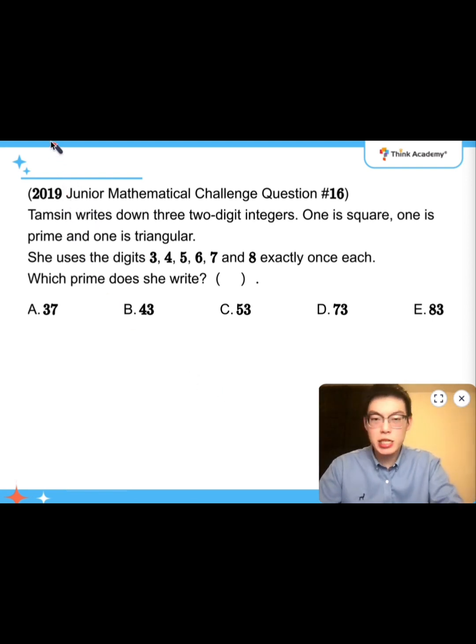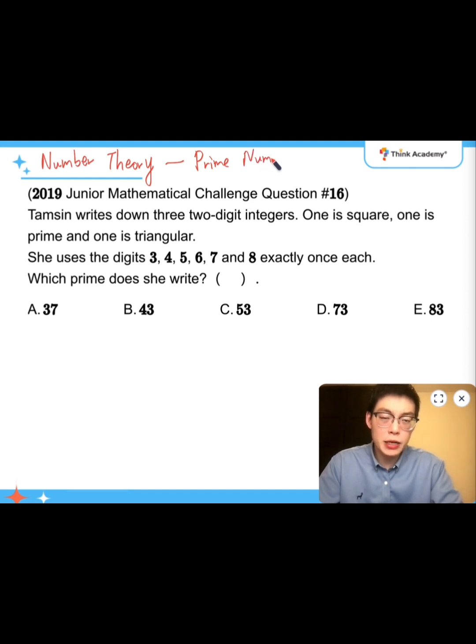I would say this question is just a number theory question. And the main focus of it is that you need to understand what prime numbers, triangular numbers, and square numbers are. So it's about the definition. It would be hard for me to put it into any category, let's say prime numbers, because I don't think there are any other specific questions that involve the definition of triangular numbers. So I think it has just shown up once in all the papers,